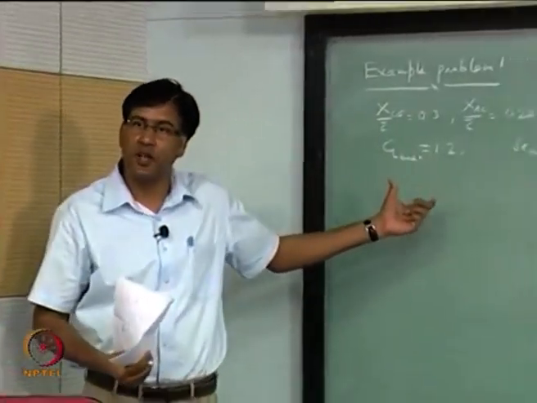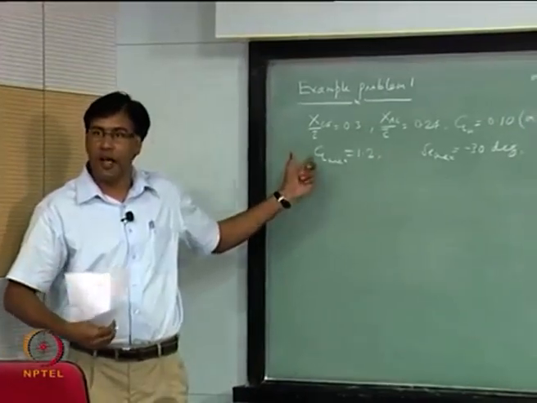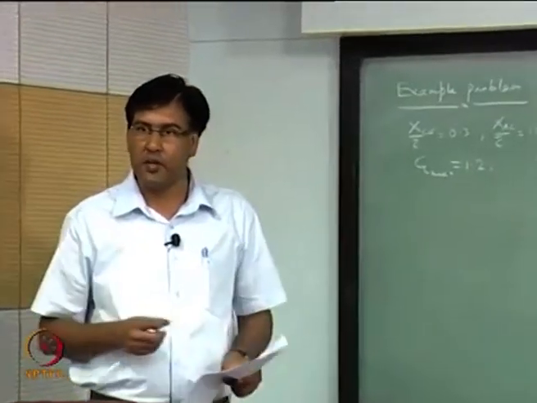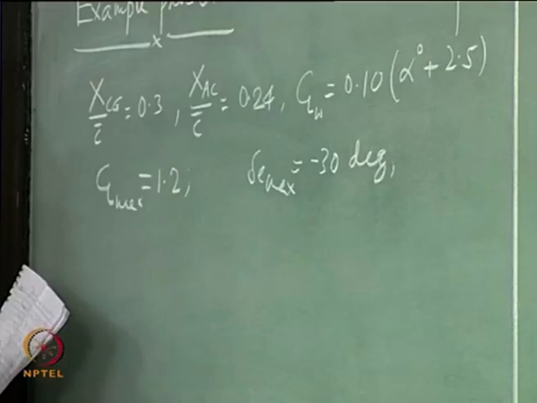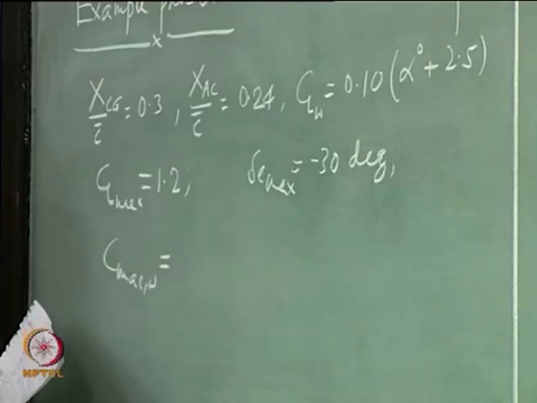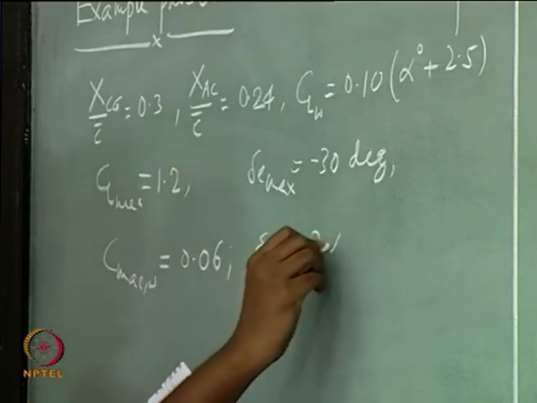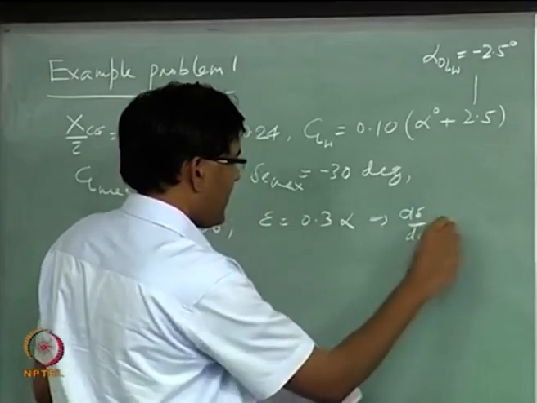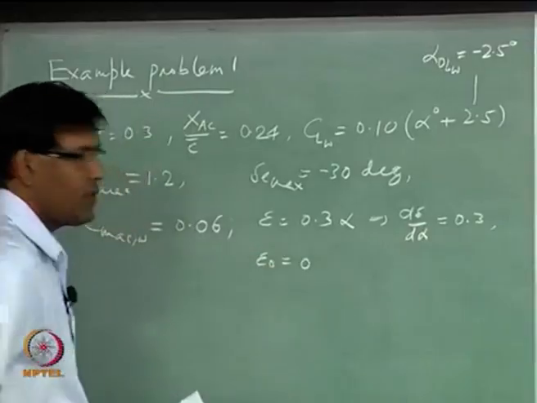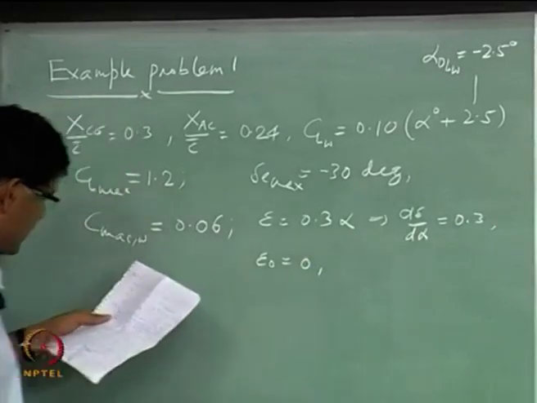This CL max is the CL max for the airplane, and we are assuming that most of the lift is provided by the wing, right, and delta E is only to cause a pitching moment mainly, right. Okay. So, this gives me, okay,